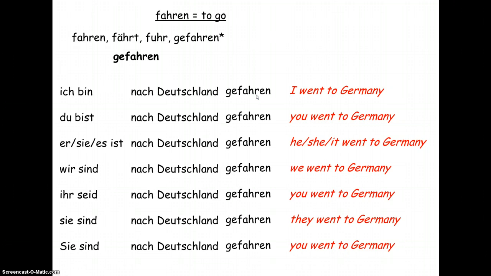And that is mainly it. So it's a question of, is it a strong verb? Do you take the past participle off the strong verb list, or do you add a GE and a T? Do you use haben or sein, i.e. is the movement from one state to another? And then remember to put your past participle at the end of the sentence.